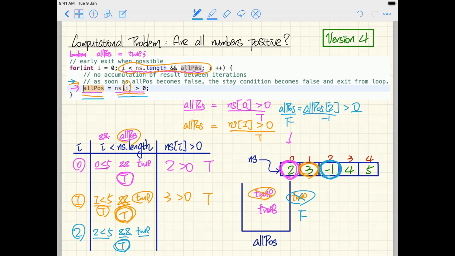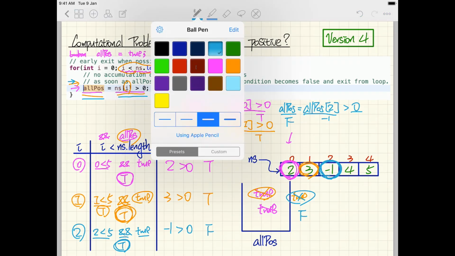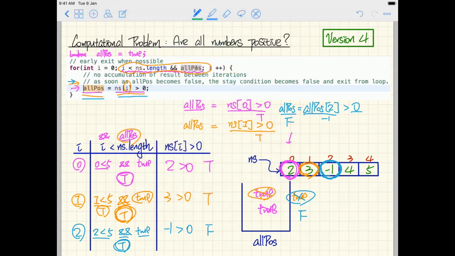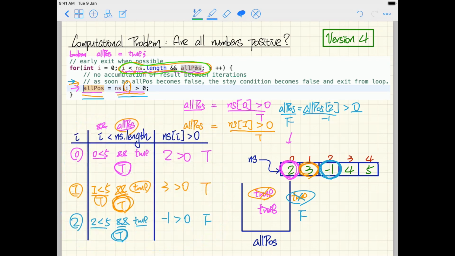Now in this case, because now the state condition, of course, -1 larger than 0 will become false. What would the state condition be for the fourth time? So now we're going to evaluate the state condition over here for the fourth time. So the value for I, let me just move a little bit of space for us. Now for the fourth iteration, I was incremented from 2 to 3, so 3